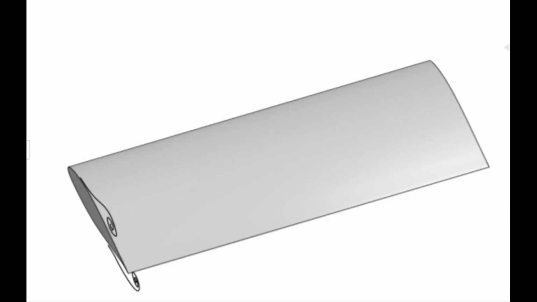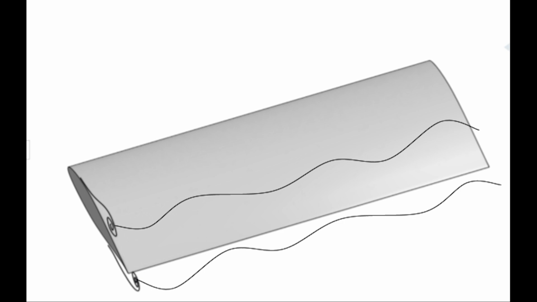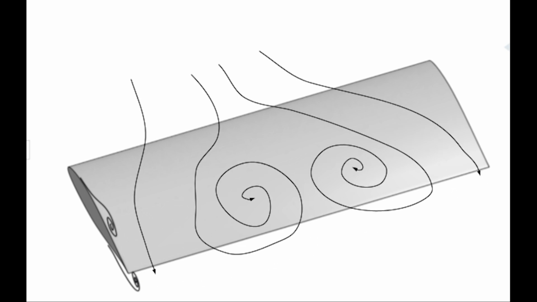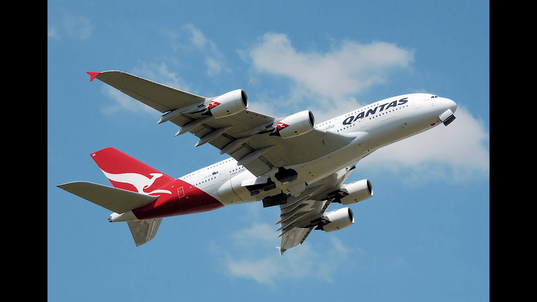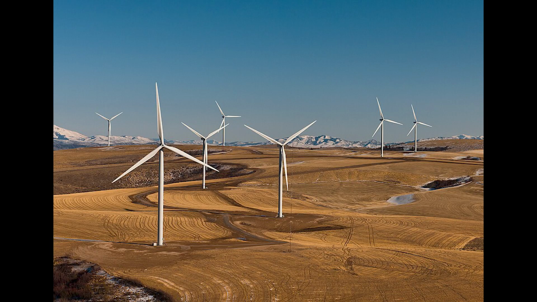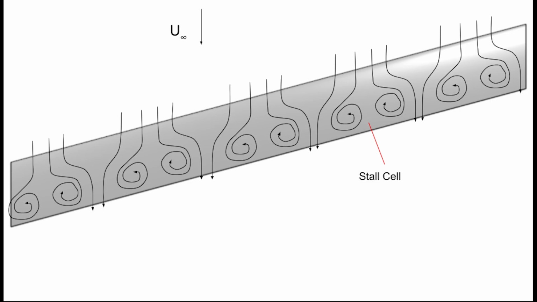A stall cell is a pair of swirling pockets of air called vortices that form when a wing has stopped increasing in lift, better known as stalling. These structures could have a large effect on aircraft control or through other applications such as wind turbine design, but are not well understood. For one thing, it is hypothesized that stall cells will form on swept wings, but unlike